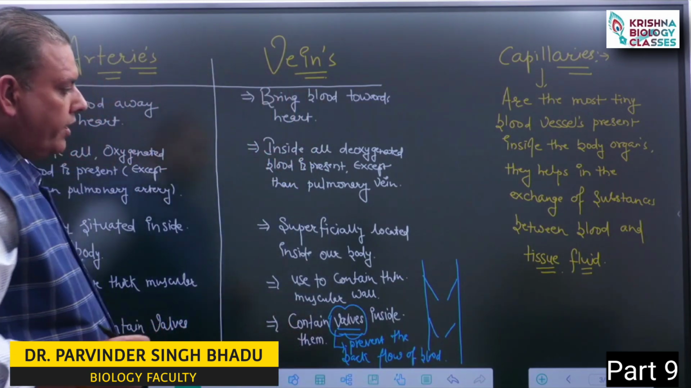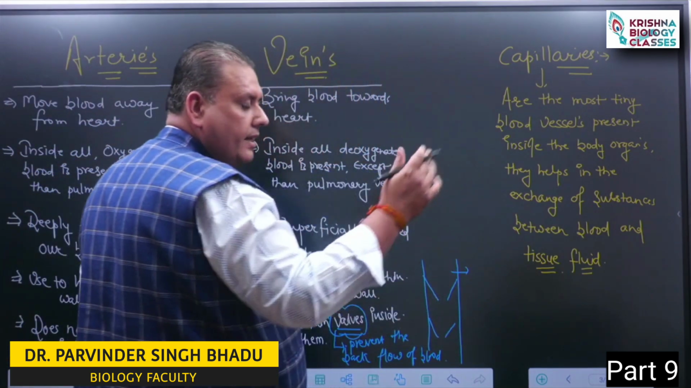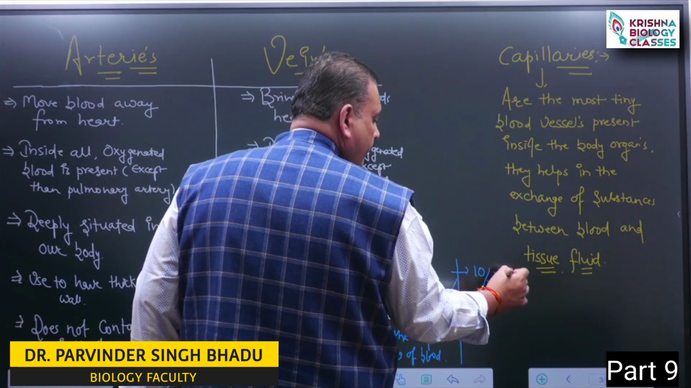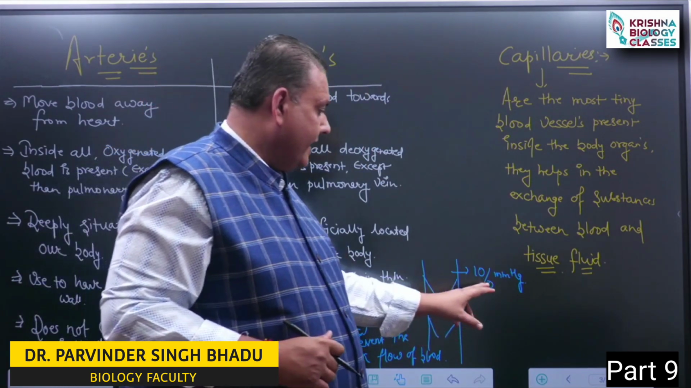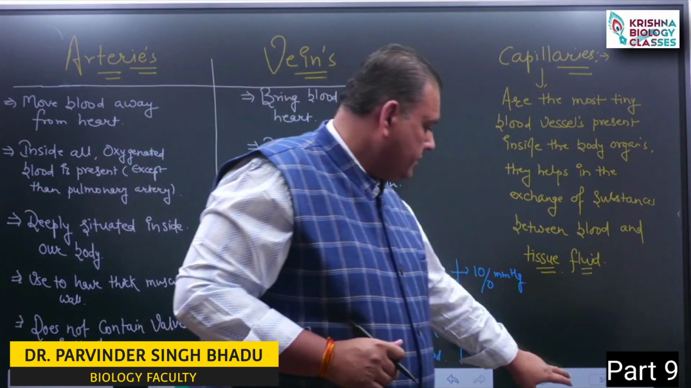Now, what exactly does this mean? Later on we will understand blood pressure, but inside the vein this pressure is 10/0 mmHg. It means when the muscles of the heart are in a relaxed condition, there will be no pressure on the blood, because